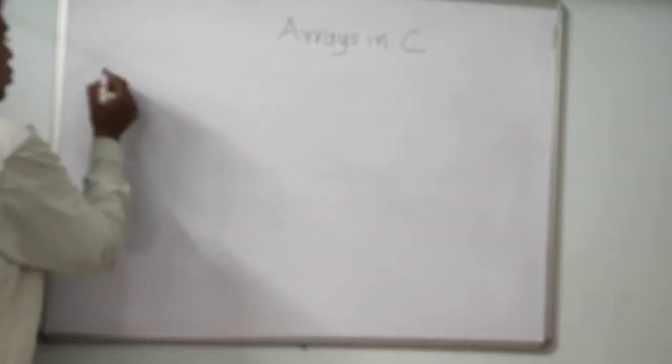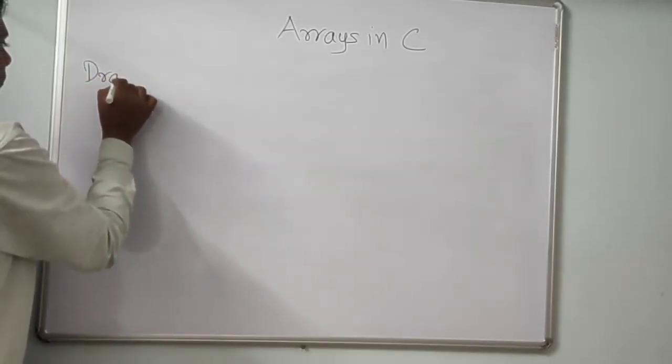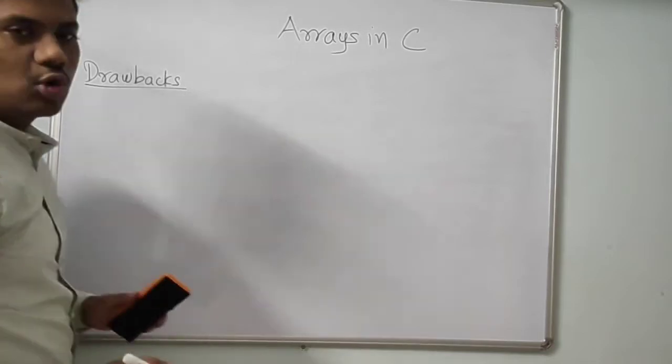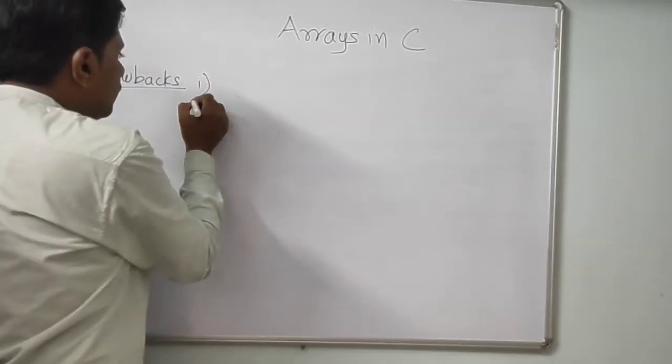Which are the drawbacks of array? Which are the drawbacks of array. So first drawback,